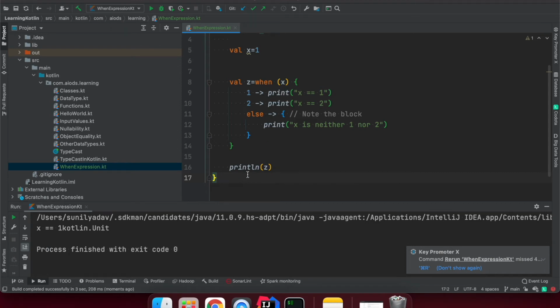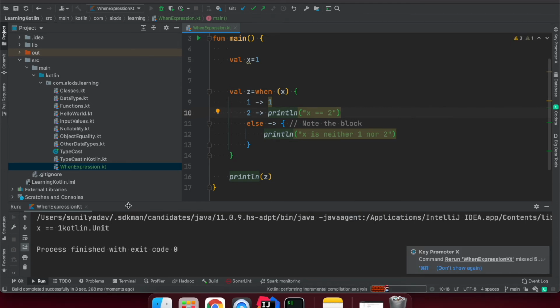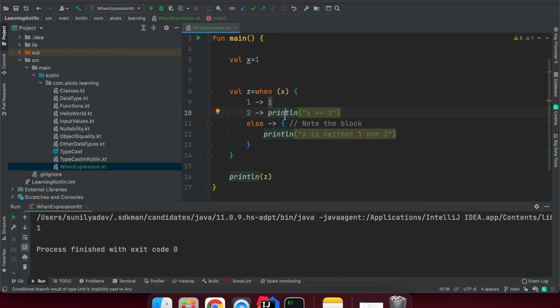Suppose z is equal to this, what I'm getting is Kotlin Unit. The unit is returned to me because this branch is returning a unit. So what we can do here, if x is matching, we can say 1 and println, and let's run it. Now we can see only 1 is returned. Earlier I was saying the unit, where nothing was returned. Now it's just printing. This way the when expression is really easy and a concise way to write code.